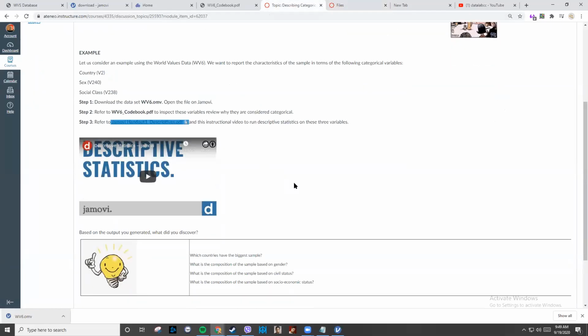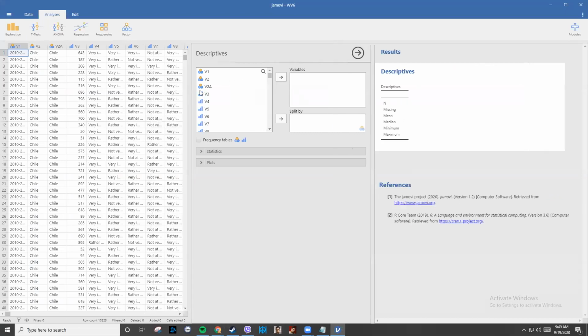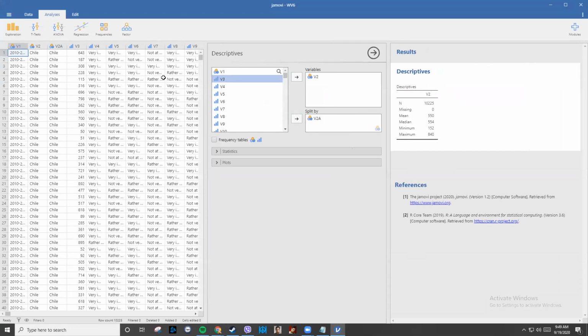Since I'm not sure about what the transform data is, let's just go to the module. You want to see which countries have the biggest sample. Is this the whole one? Yeah, you want to see version 2. Then we split it by country.